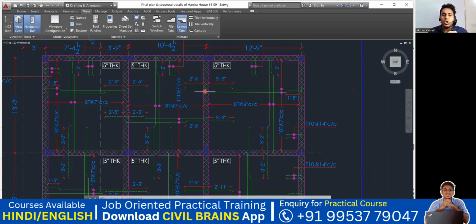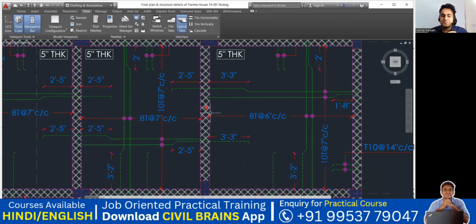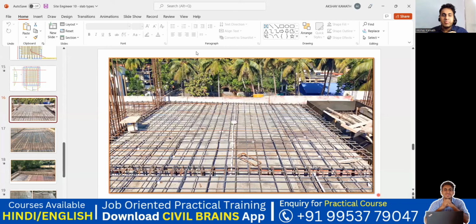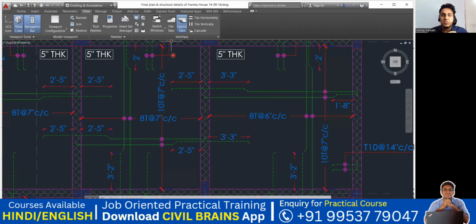And what is your top extra bar and all? For example, what is your curtailment length? What is this length? The crank length from here to here, what is a crank length? All those things are mentioned in the drawing. If you observe here, can you see the difference? They have given that from the outer of the beam, you have to keep 3 feet 3 inch. From this outer of the beam to this, it will be 2 feet 5 inch. Got it? Again from this outer to this part, your crank will be 1 feet 8 inch,